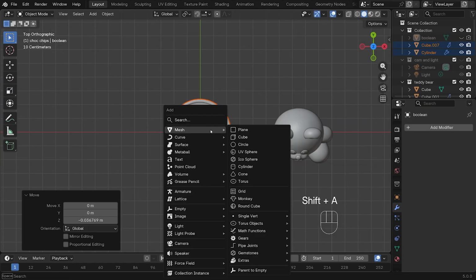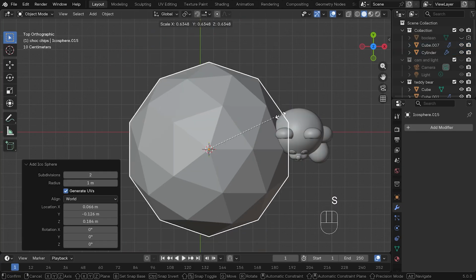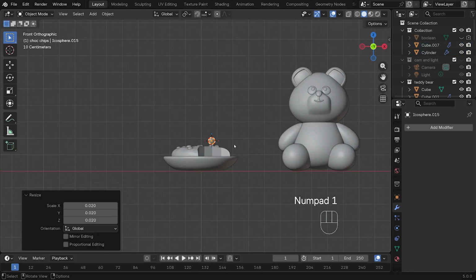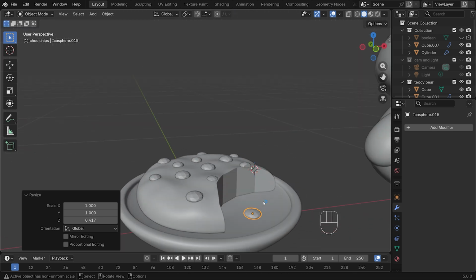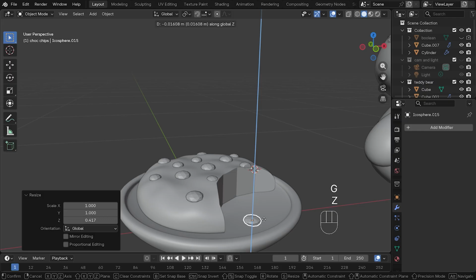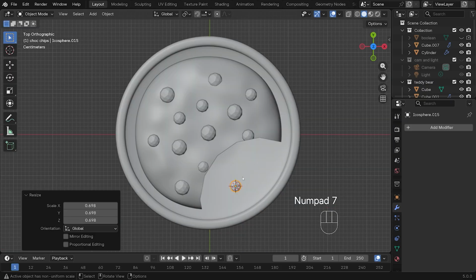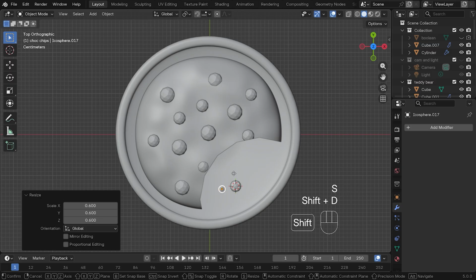So Shift A to add, mesh, icosphere. S to scale it down like that. Go to front view, press G and Z to bring it down. S to scale on the Z like that. Let's have a look. I don't think it's on the plate. So G and Z and bring it down. Scale it down a little bit further and then just Shift D to duplicate and move them around